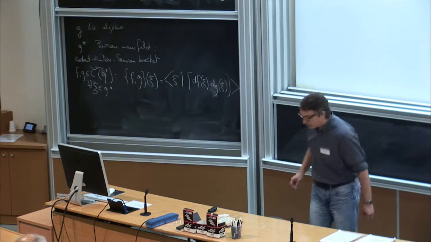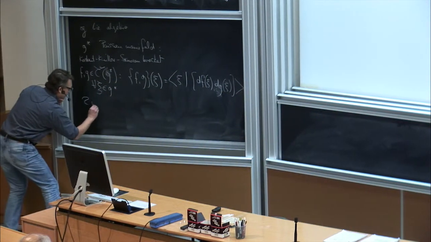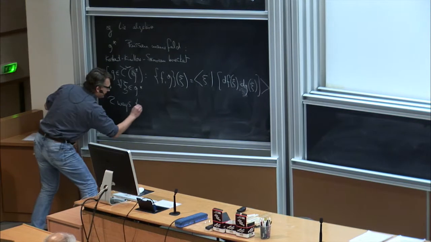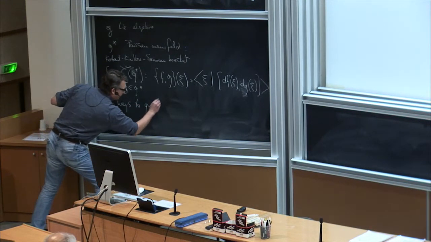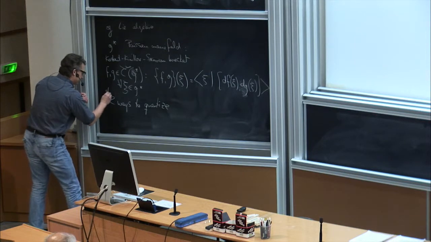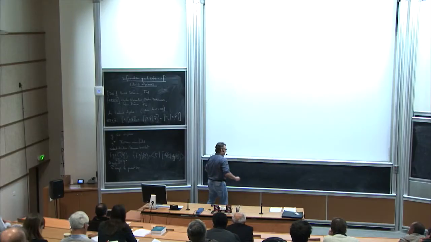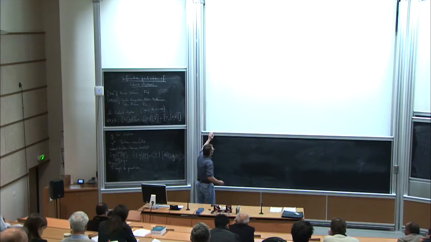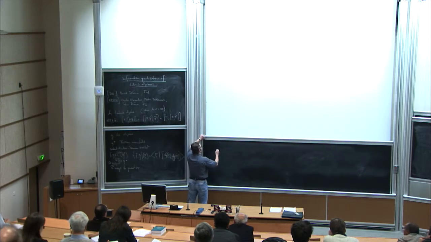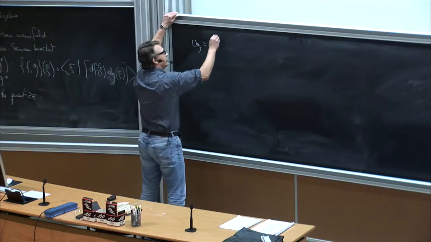And so there are at least two ways to quantize. These are the ones we are emphasizing today. So on the one hand, you can use the universal enveloping algebra,